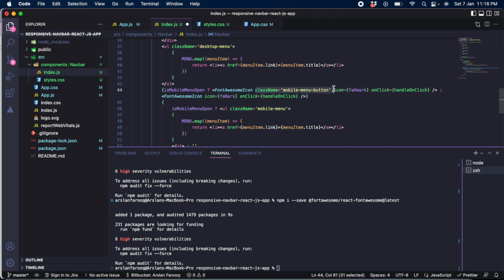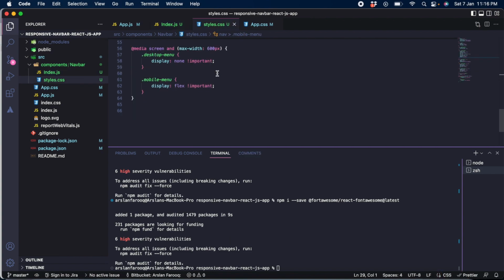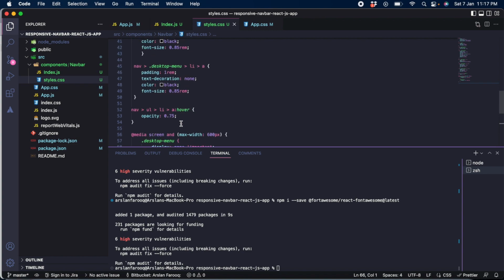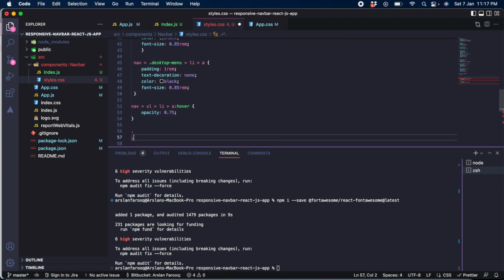Just copy this here and add it to the other icon as well. So we'll go ahead and paste it. Now we have that for both our icons, and in our menu here we just need to first hide this and then mobile-menu-button,